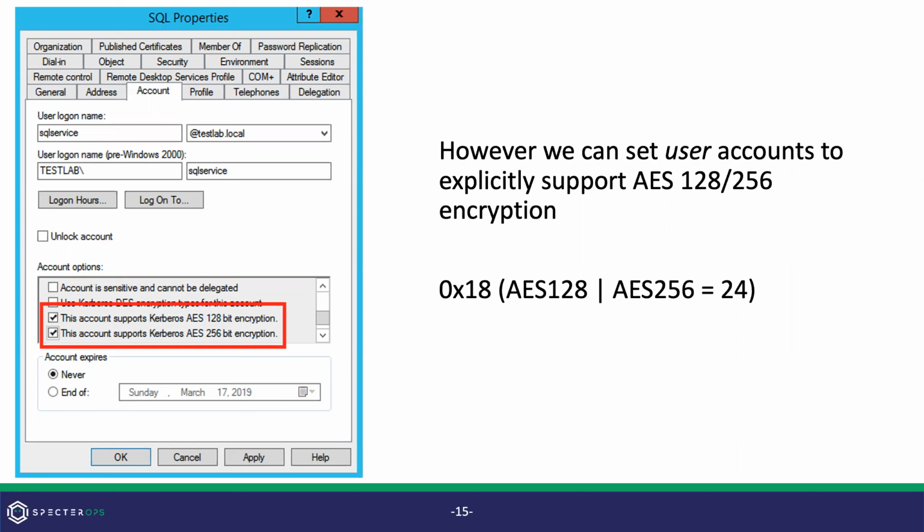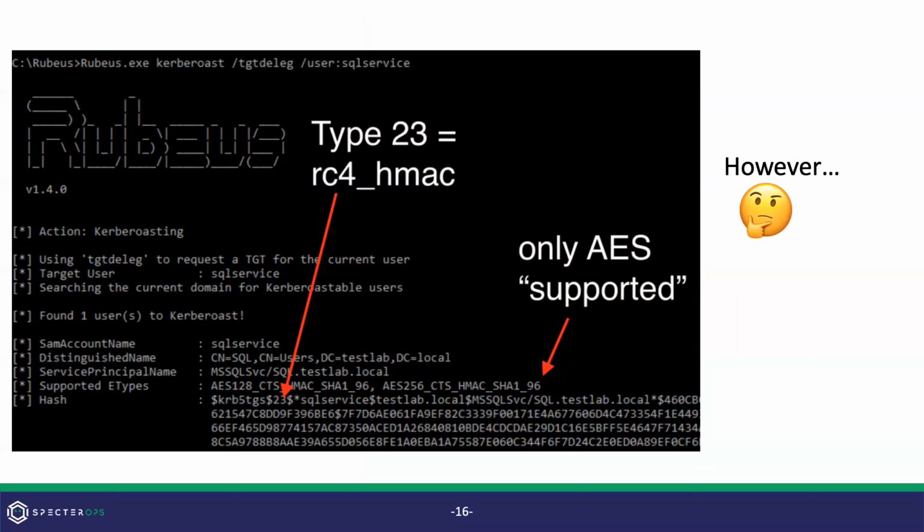Great. We would think that with this, that account should only support AES-128 and 256 because that's all it's specified. However, this isn't the case. In this example with that same SQL service, we see that in supported encryption types, it only has AES-128 and 256 supported.